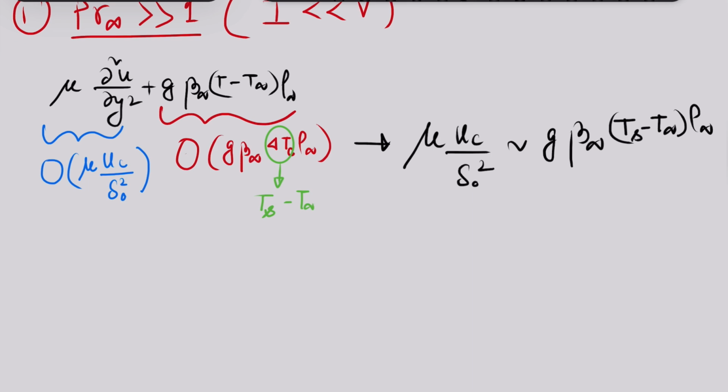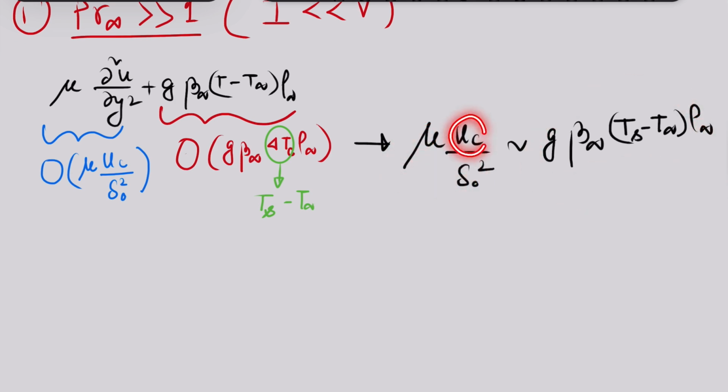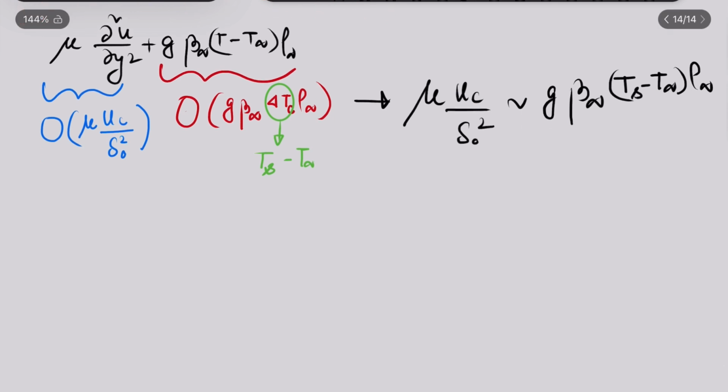Okay, and what are those two? This uc and delta naught. So what do I mean by not constant? That is, these parameters are either of those of fluid or that of the plate. Okay, but these things will be governed by these parameters. Now we have to estimate these things, and further, as engineers, we have to estimate the heat transfer from the plate. Okay, so the main objective is to estimate